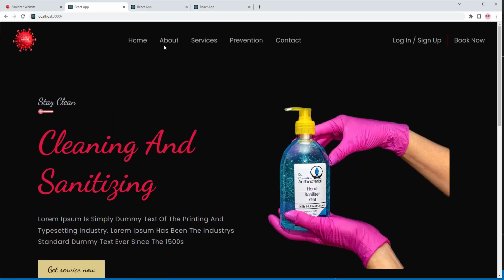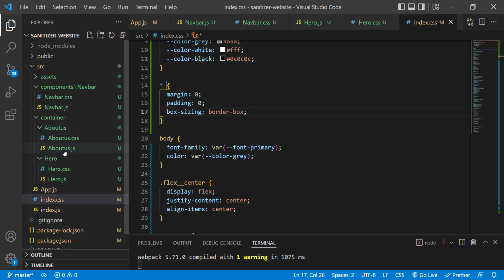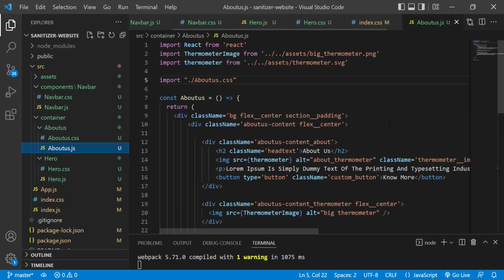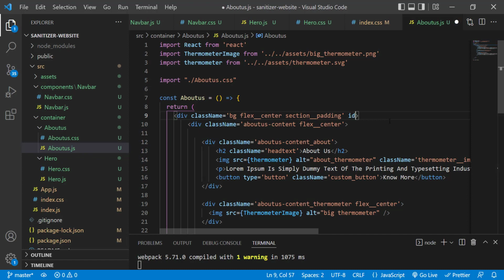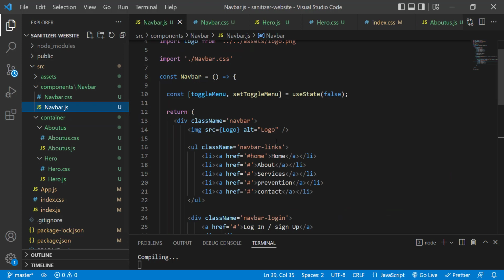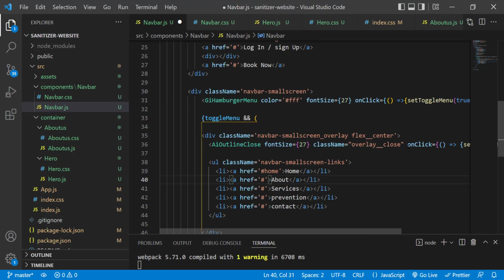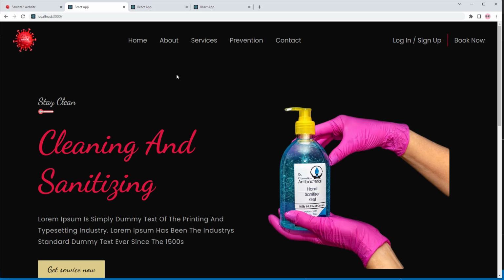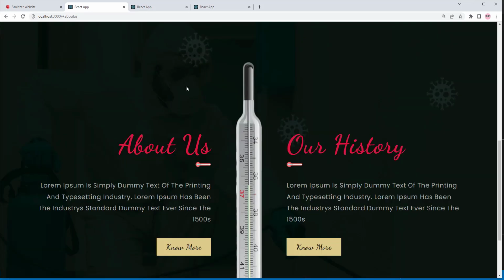Let's do that for the about link. So let's go into our aboutus.js, and I am going to add an id, let's say id equal to about us. Now save it. Let's go into our navbar.js, and let's say here about us, and below here let's say about us. Now save it. Let's click on the about link. Now it is working,